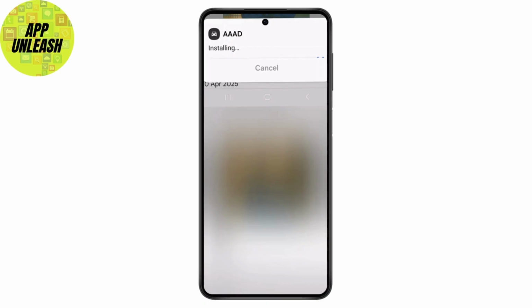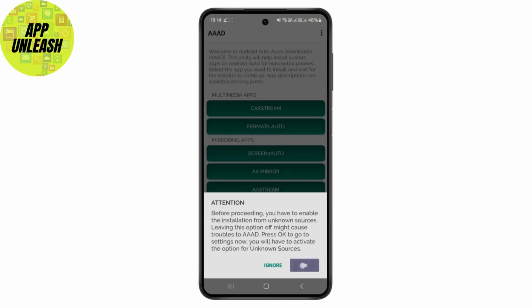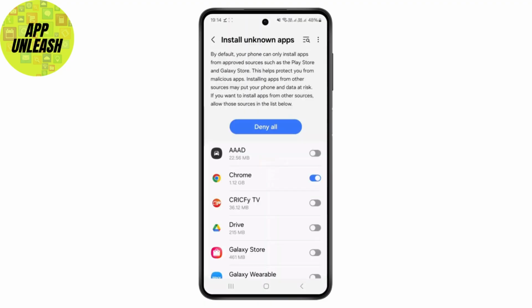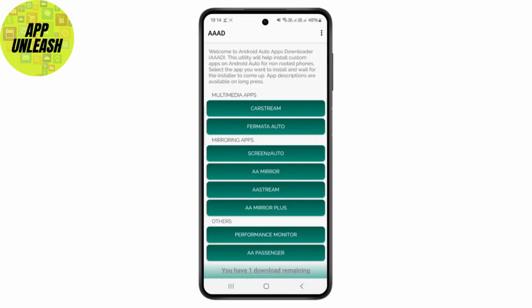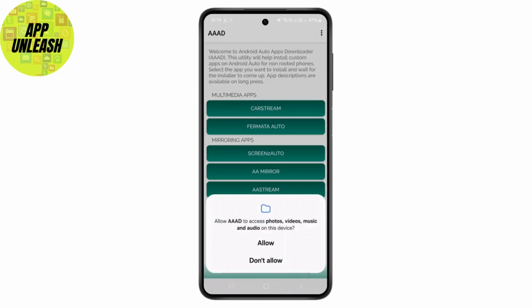During the installation, make sure to allow installation from unknown sources if prompted, and after installing the app you will be asked to grant several permissions and you have to just accept all of them to ensure the mirroring function works properly. Once the app is set up, connect your Android phone to your car's Android Auto system using